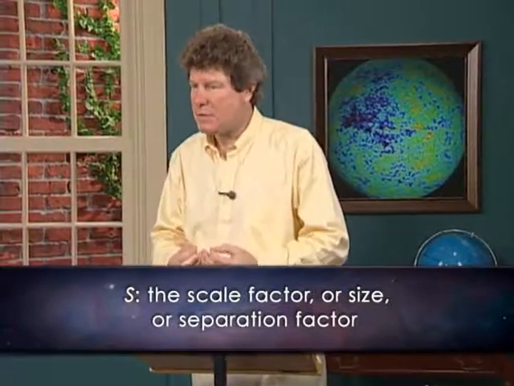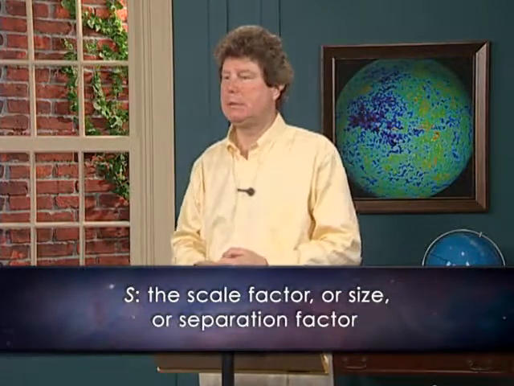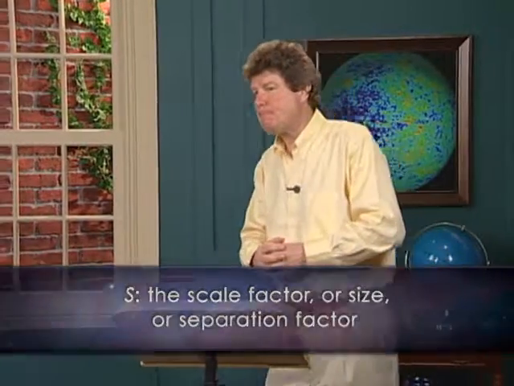Now, before we move on to the other properties, we need to get used to the fact that some of them will be changing as the universe expands, and it will help if we have a simple way to follow these changes in our minds. Now, the best measure of expansion is our old friend S, the scale factor or separation factor. It tracks how big the universe is. As cosmic size doubles or triples, so S doubles or triples. And remember, S is 1 today. So during the first million years, S is roughly 0.001 or 1,000th. The universe was 1,000 times smaller than it is today.